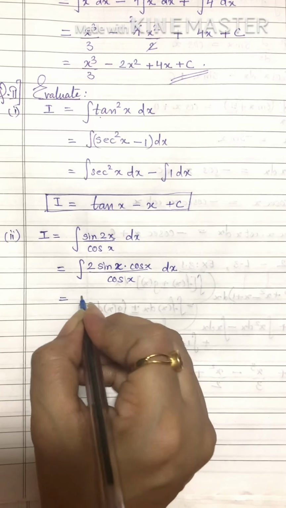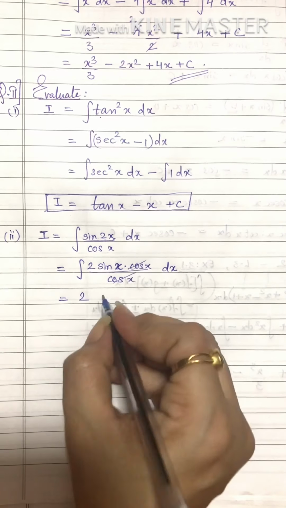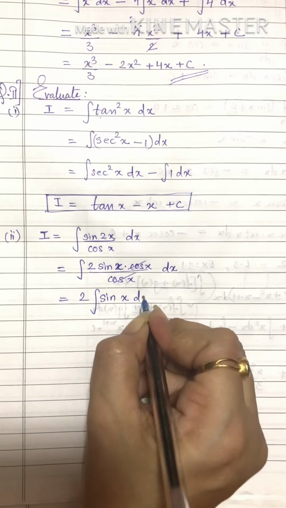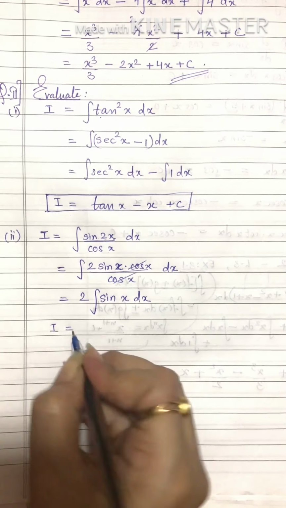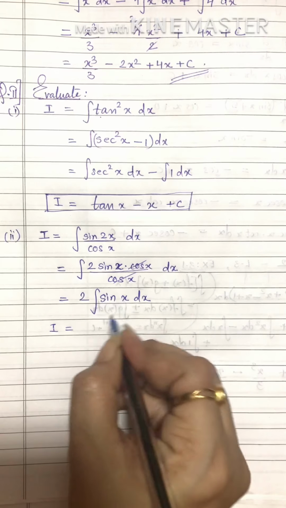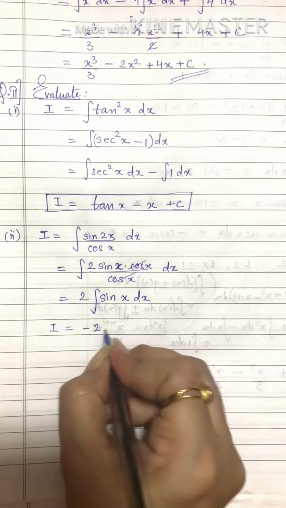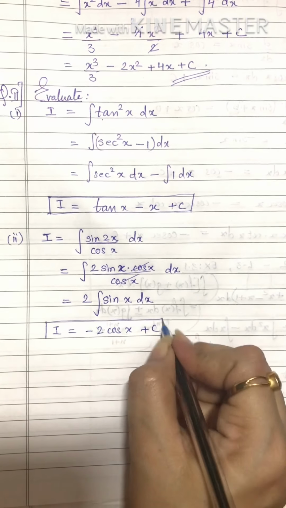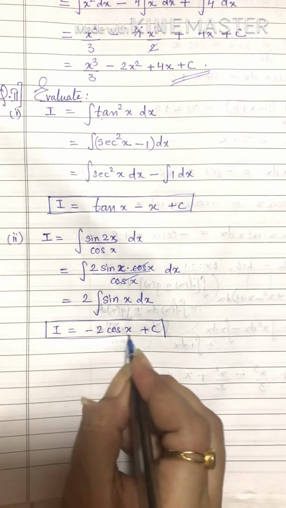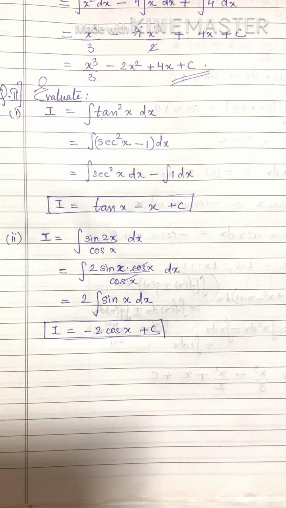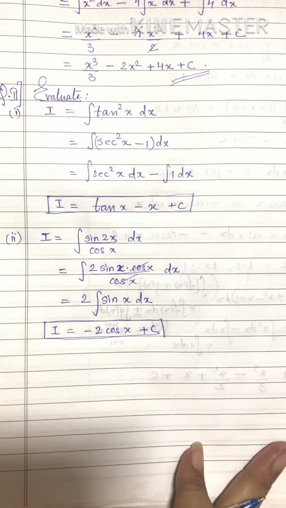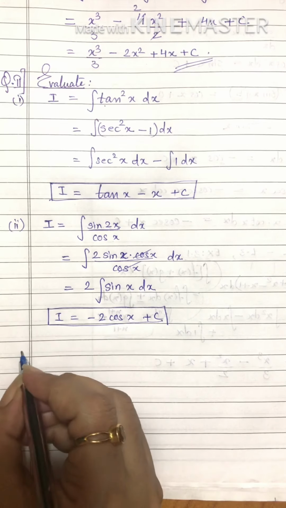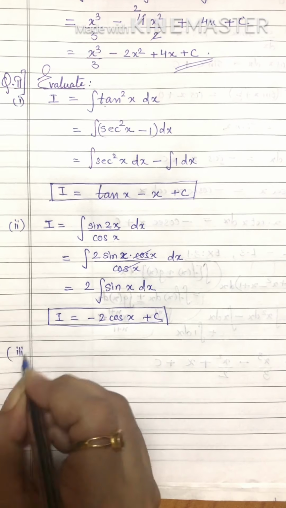Okay, so what we get, here cos gets cancelled, we'll take 2 outside the integral, so 2 integration sine x dx. Here we get the answer. Now integration of sine is minus cos x, so we get minus 2 cos x plus c. See, again I'm done with second. Next question also, right? Let's take another sum wherein a little more explanation or simplification of the formula is required.